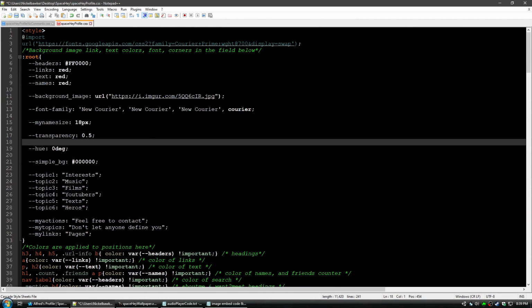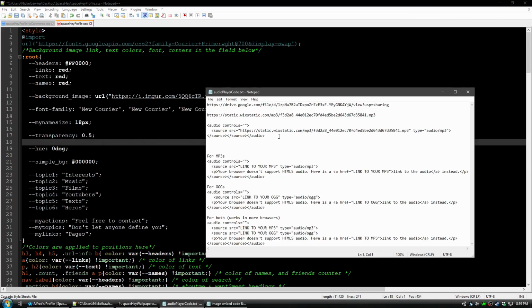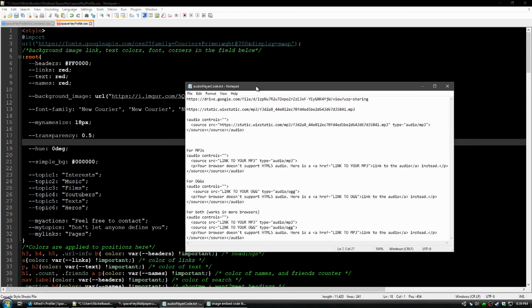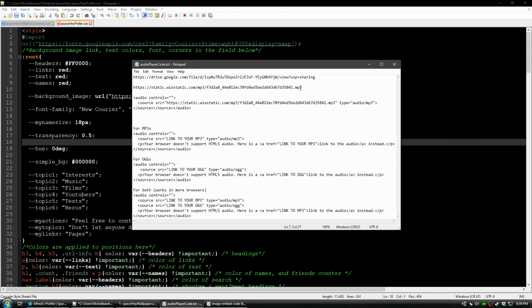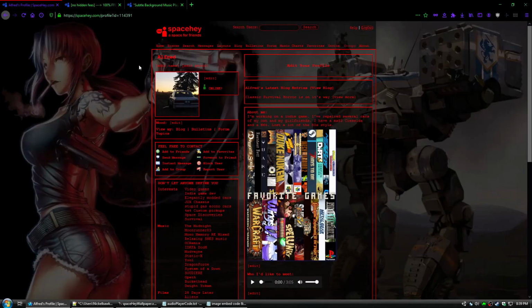All that's left to show you is here's the audio player code right here. I'll put it in the link description. Don't bother with that. That's just me trying to upload the MP3. If you can find a site where you can get your MP3 as a .mp3 at the end, then you can use this code to put a player where they just click play to play it,